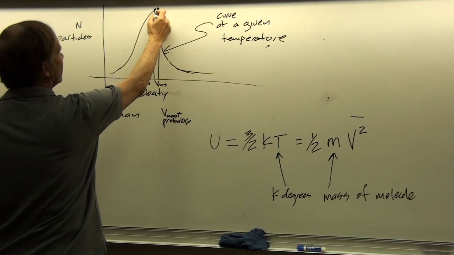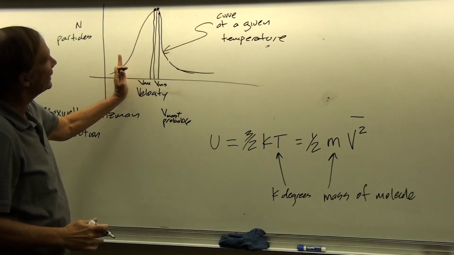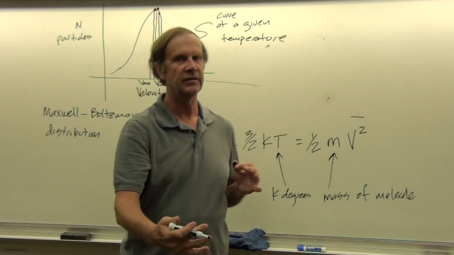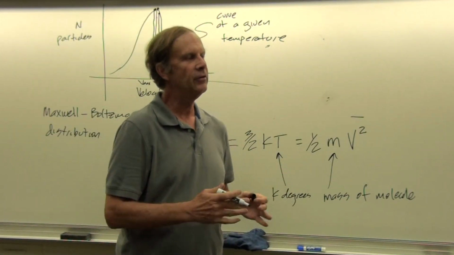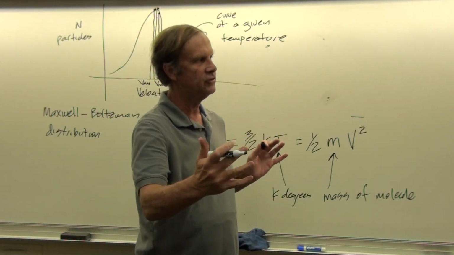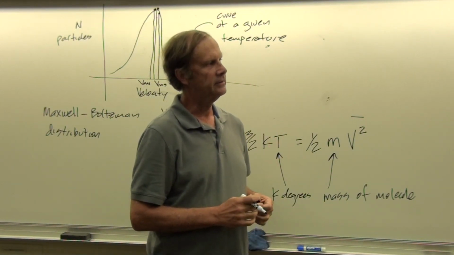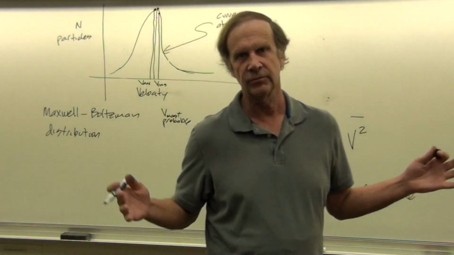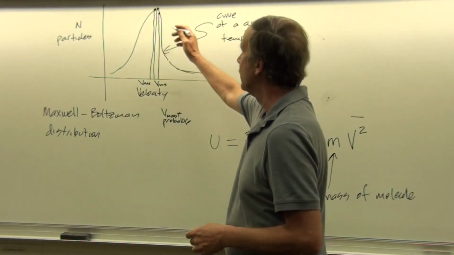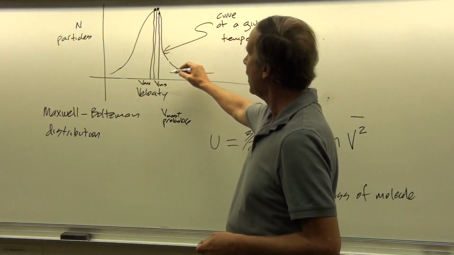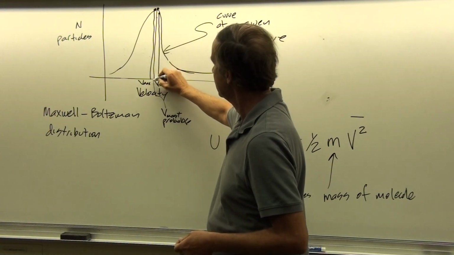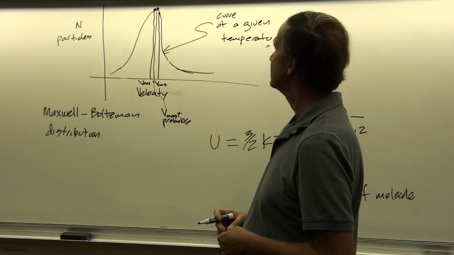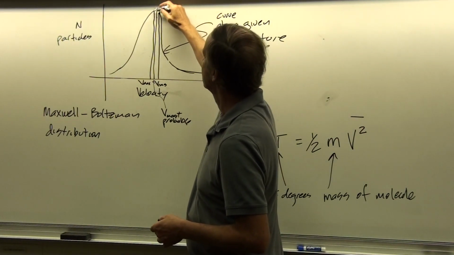Now the most probable velocity is just gotten by looking at the area under the curve being equal on one side of the curve versus the other side. So the most probable would be the one in which at that velocity you'd have just as many particles that have a higher velocity as you would that have a lower velocity, in terms of a weighted average of them. And so all three of these, the most probable, the average, and the RMS, are right in that same ballpark in terms of velocities.